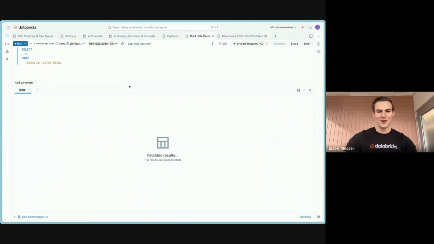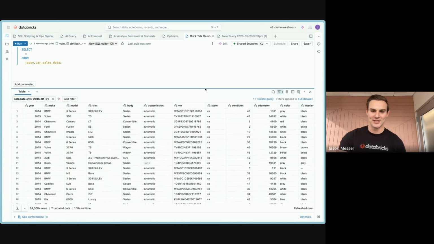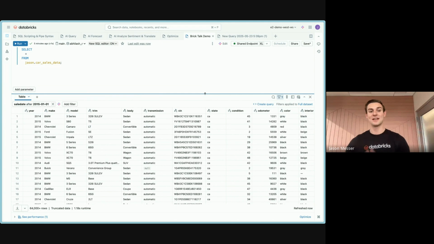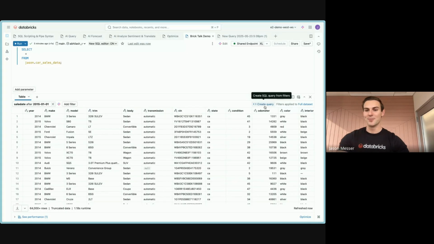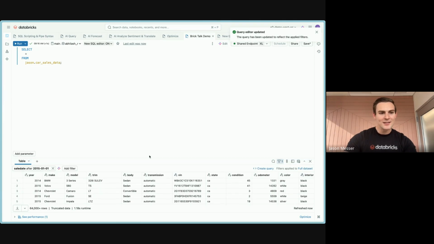And then one thing I will show too is we have the ability now to create a SQL query based on your filter. So you can say, hey, I did all this filtering, now what's the SQL to do this if I want to maybe reuse this or check it into Git, for example. This is a pretty simple one, so it won't be as exciting. But you can imagine if we did something more complex, we have this create query button, which creates a SQL query from filters. And if I click this, you can see, oh,